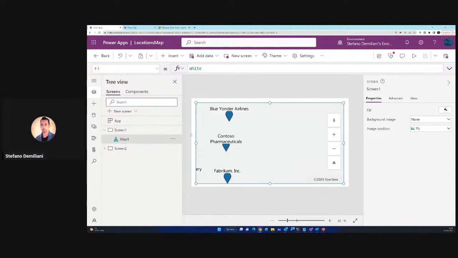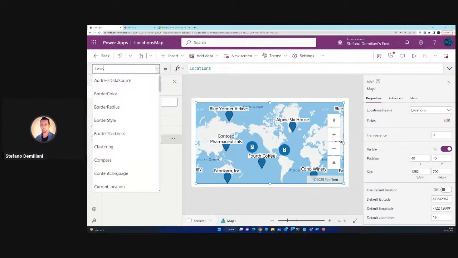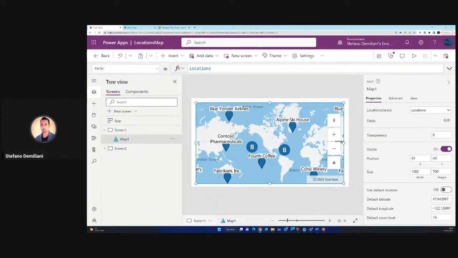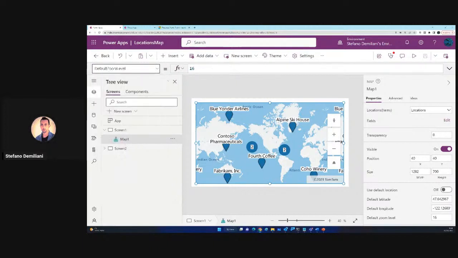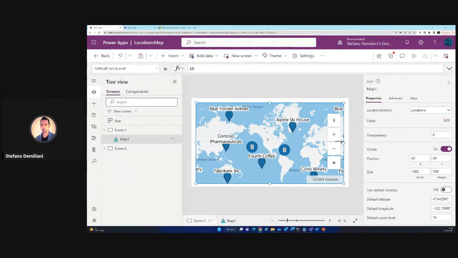Okay, map one. And okay, now it's working. We have mapped the 4 properties of the map control to the item with the right field names: item labels, item longitude and latitude, and now the control shows on the